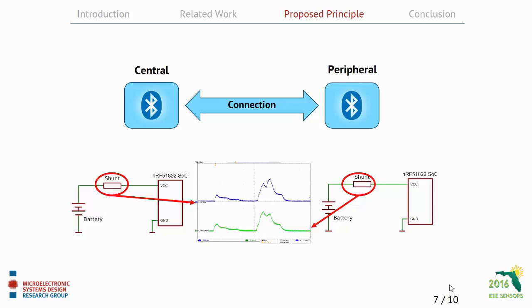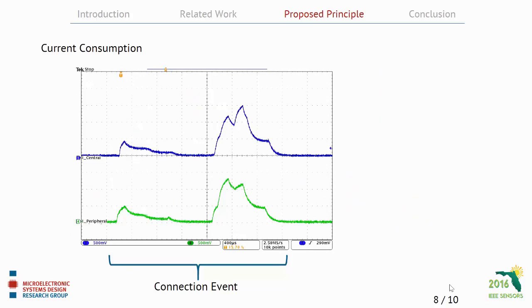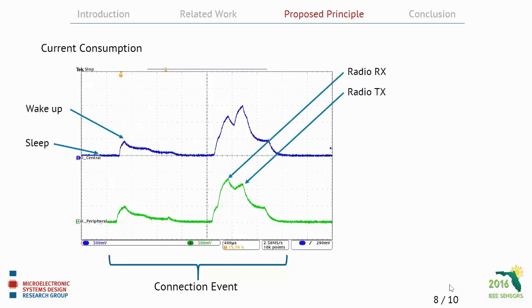Let's look into more detail here. So in the beginning, both devices sleep. The current consumption is about a couple microamps. Here, both devices wake up and start their high-frequency oscillators. The two high peaks in the end are caused by the radio peripheral. So we can see that the radio actually has a very high impact on the overall current consumption of a